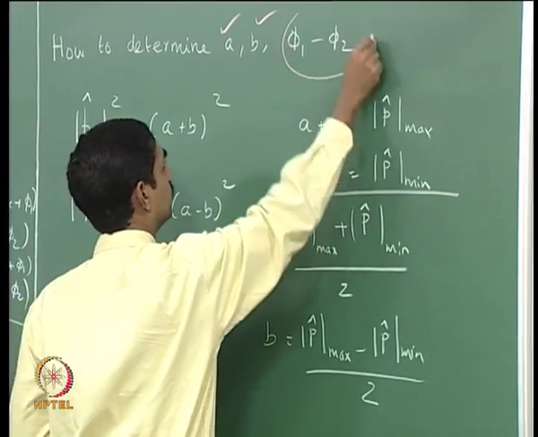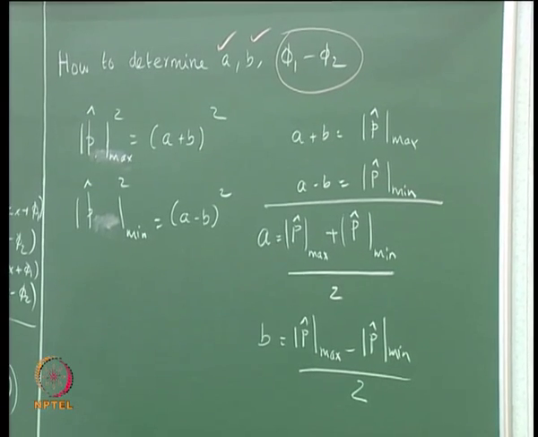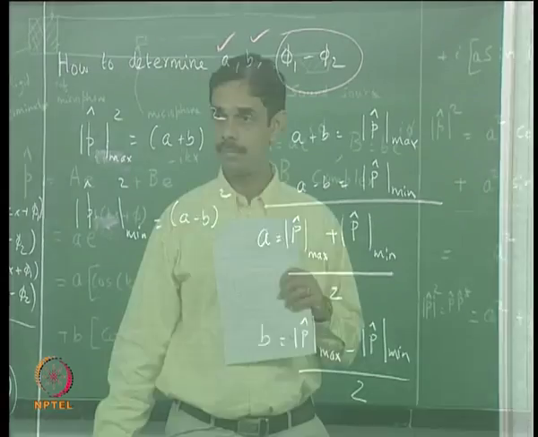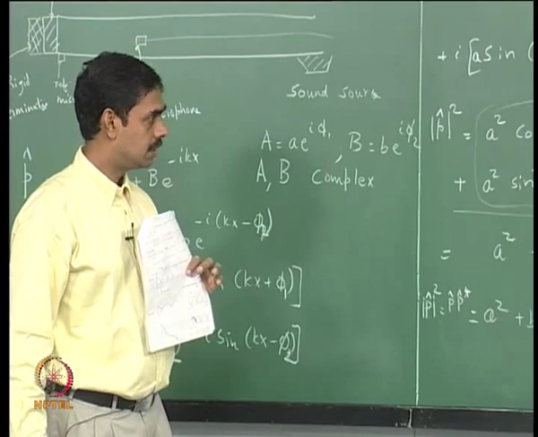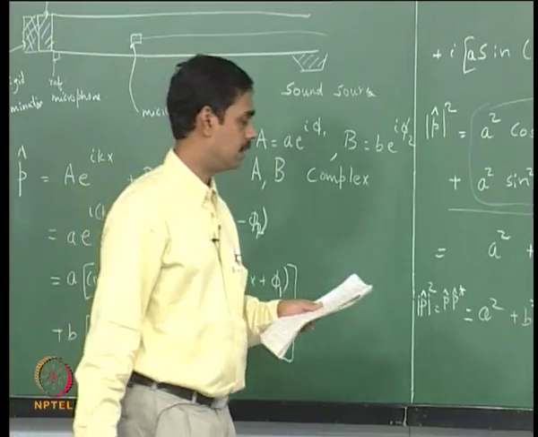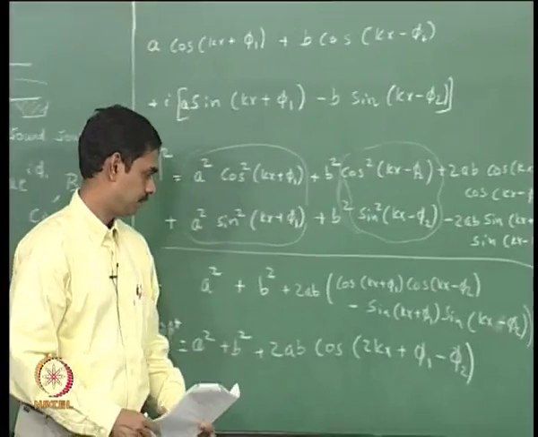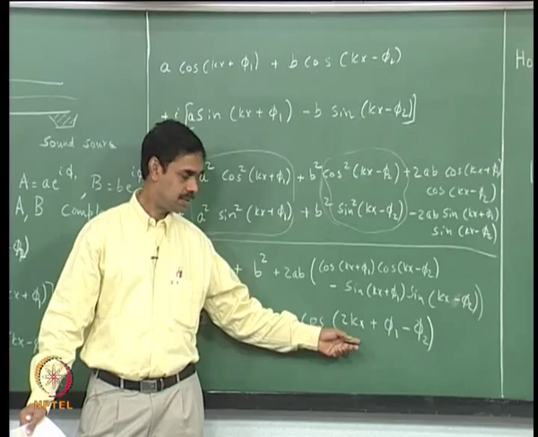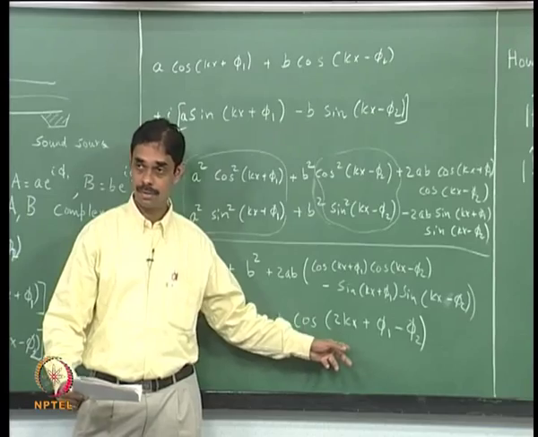Now we are left with determining phi 1 minus phi 2. How would you determine phi 1 minus phi 2, which is a simple way to determine? Can we think about it? The best way is to find if we can locate the minima, let us say the standing wave minima. So then what will be the value of this term at a minimum? This term should be -1 at a minima, +1 at a maxima. So when will this be -1? This is equal to pi, yeah.